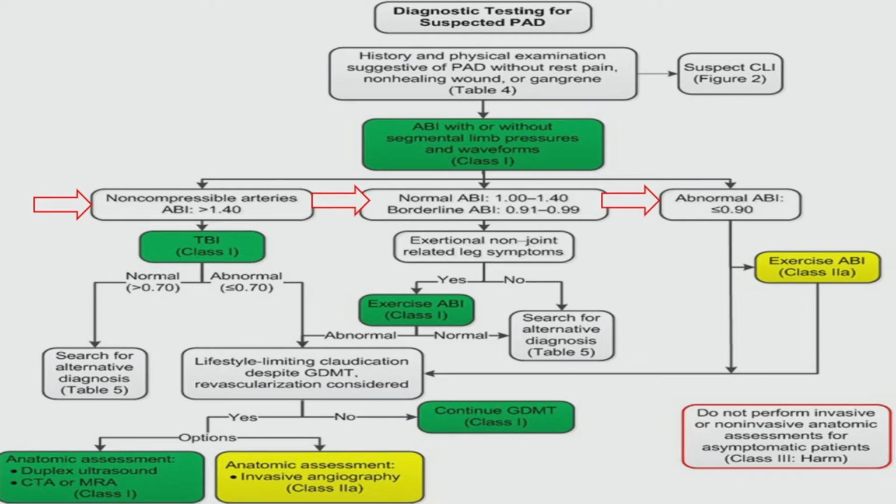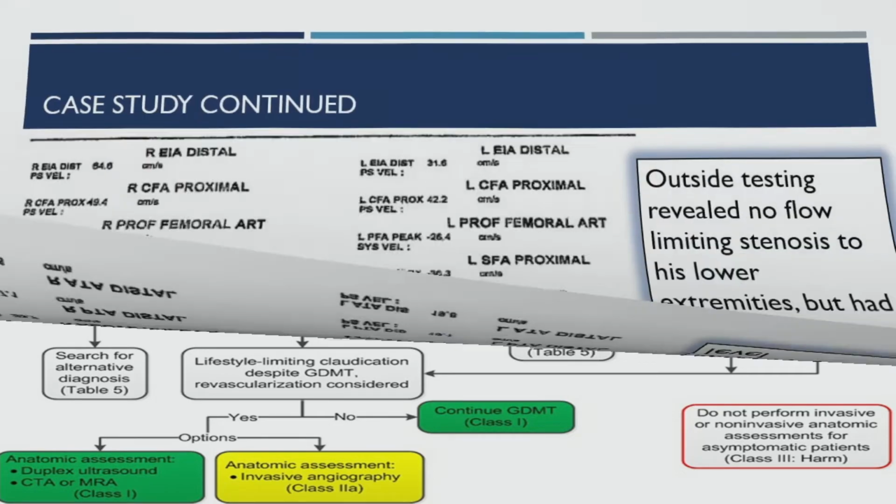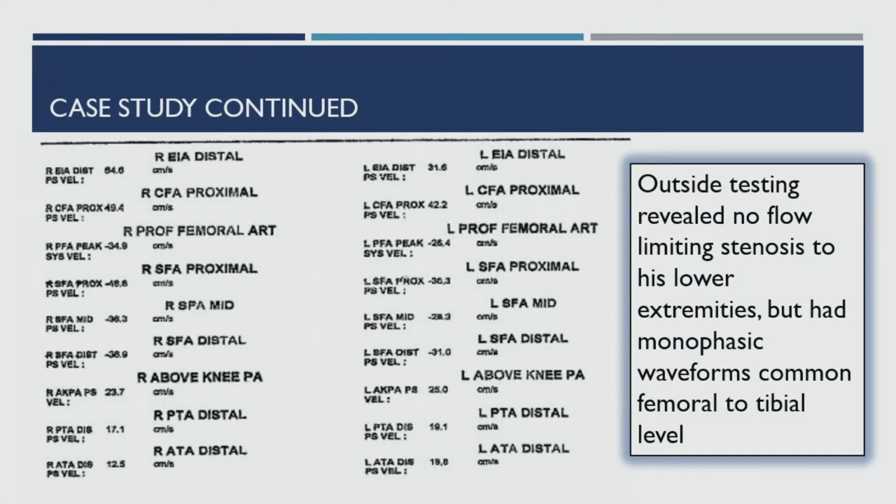So, anything less than 0.9 can be an indicator for disease. This is the example I got for this patient. They had ordered testing for this patient, and can you really even interpret what is going on? There were no ABIs for me to really interpret, but because I work in vascular, I keyed in on